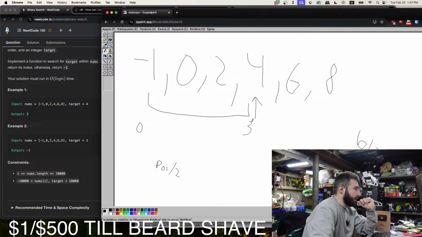So 3 divided by 2 is 1.5. In Java it gets truncated down to 1. So our new pointer is 1. So 0, 1.